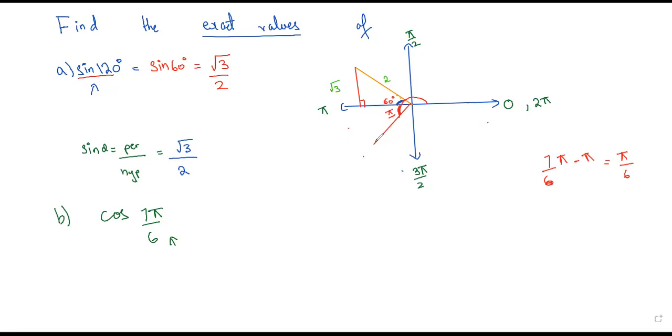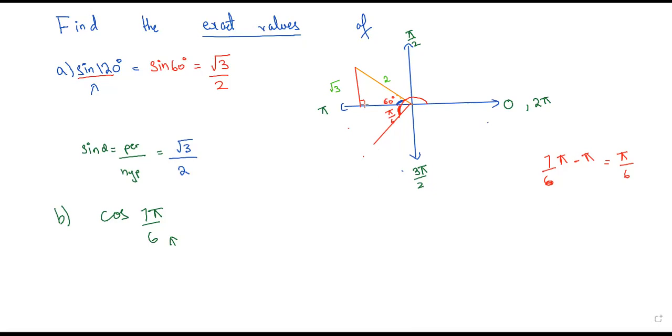And pi by 6 radians is how many degrees, Munja? Can you please check that? Pi by 6 radians is how many degrees? Is it 30? Yes, okay. So basically,